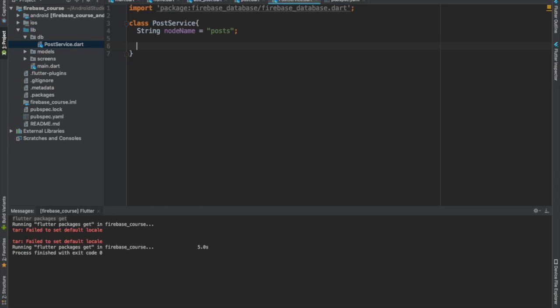Okay, so now we will need to... how are we going to do this? Let me create a method, add post. Okay, and even before I do that,